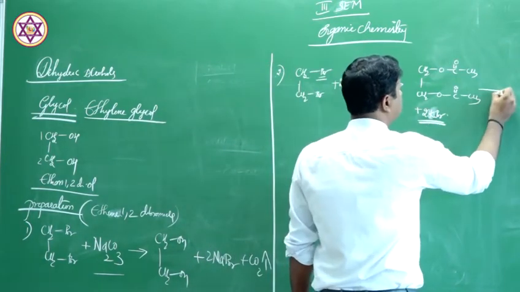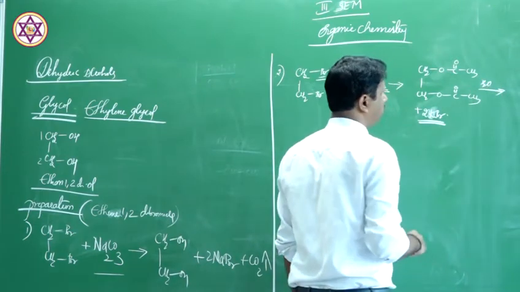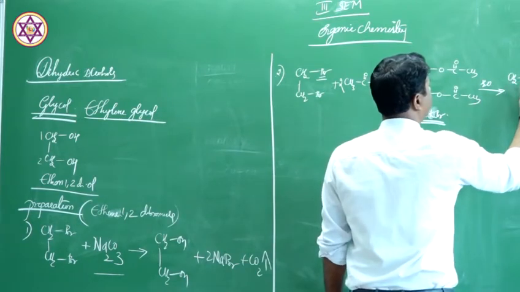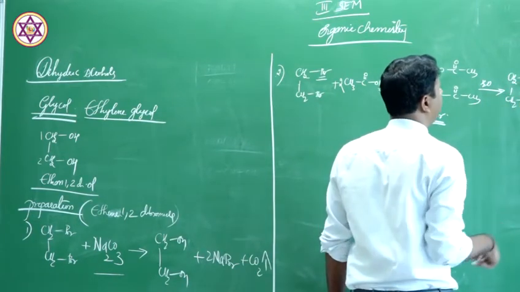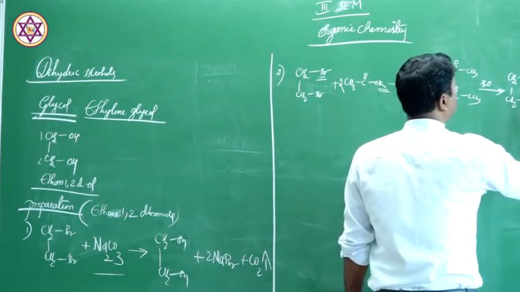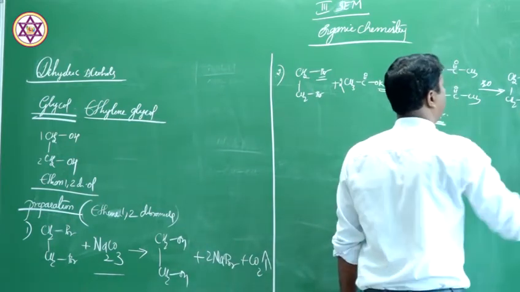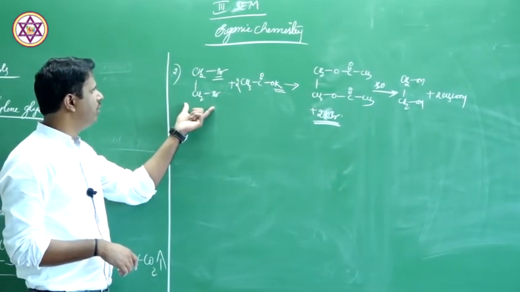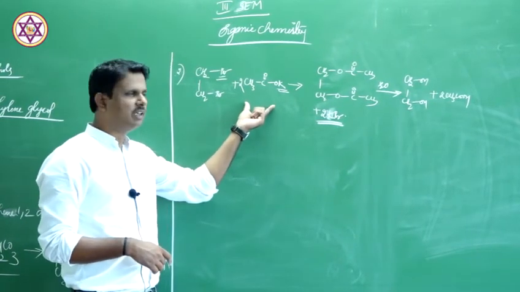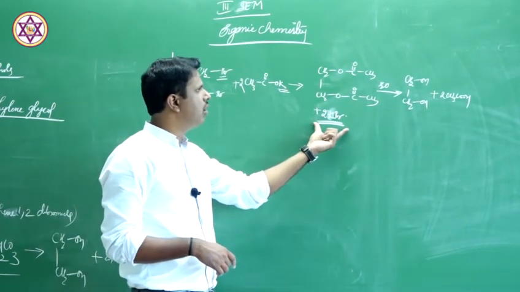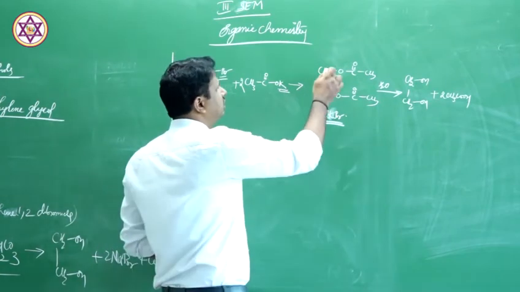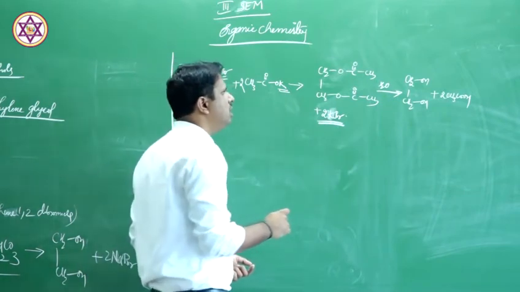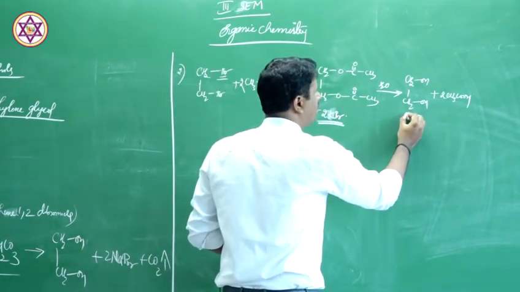Further, if you hydrolyze this compound, if you add H2O to this compound, you are going to get CH2OH, CH2OH, plus 2 molecules of CH3COOH. So I'm coming once again. You take 1,2 dibromoethane, you heat it with potassium acetate, you'll get this intermediate compound, that is ethane 1,2 diacetate, which upon hydrolysis gives ethylene glycol, or glycol is here.